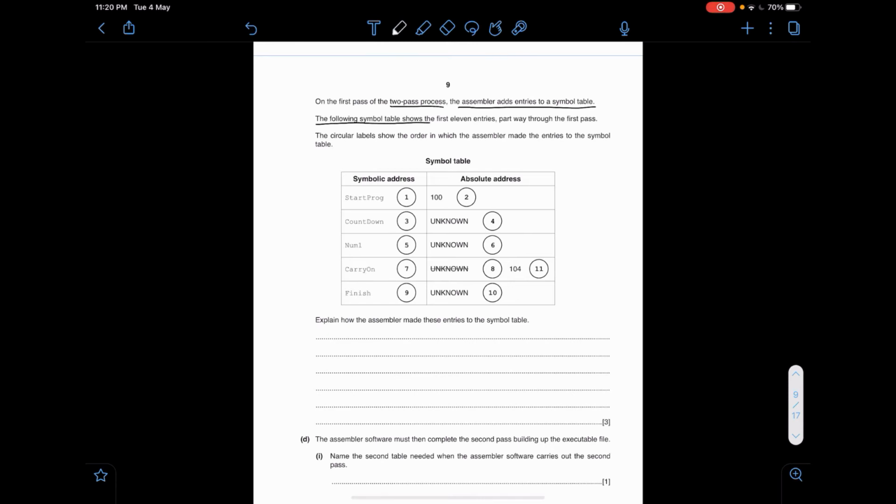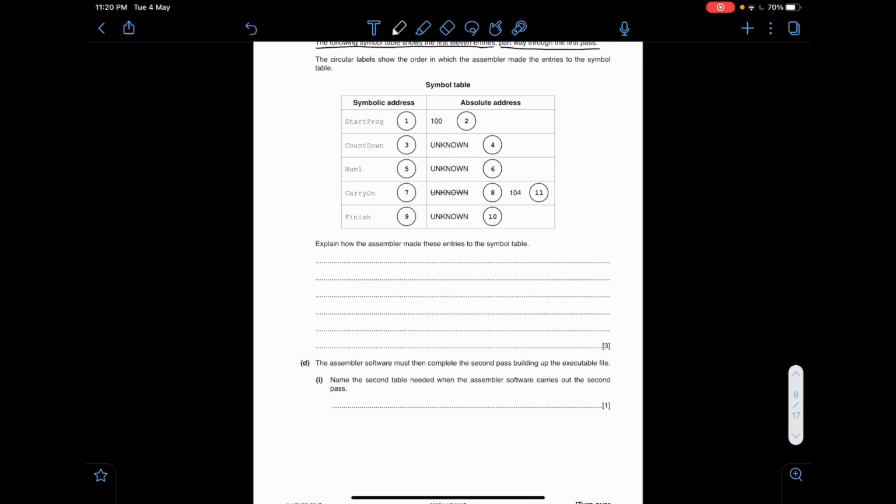The following symbol table shows the first 11 entries partway through the first pass. The circular labels show in which order the assembler made entries to the symbol table. So now we have to explain how the assembler made entries to this symbol table. So first of all, we need to understand that the assembler scans, slash reads, the assembly language instructions